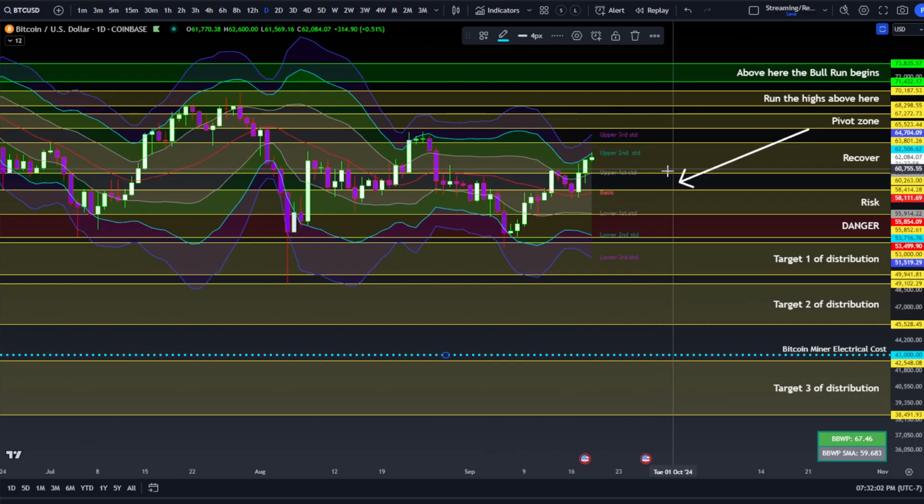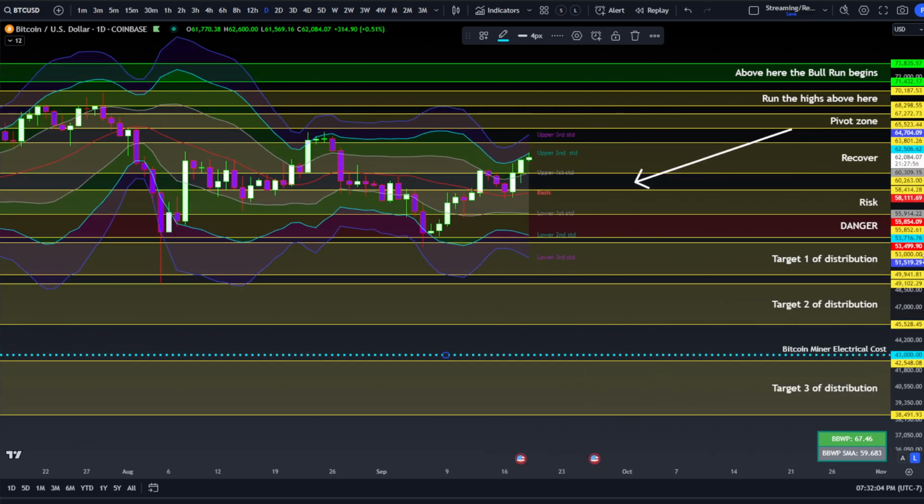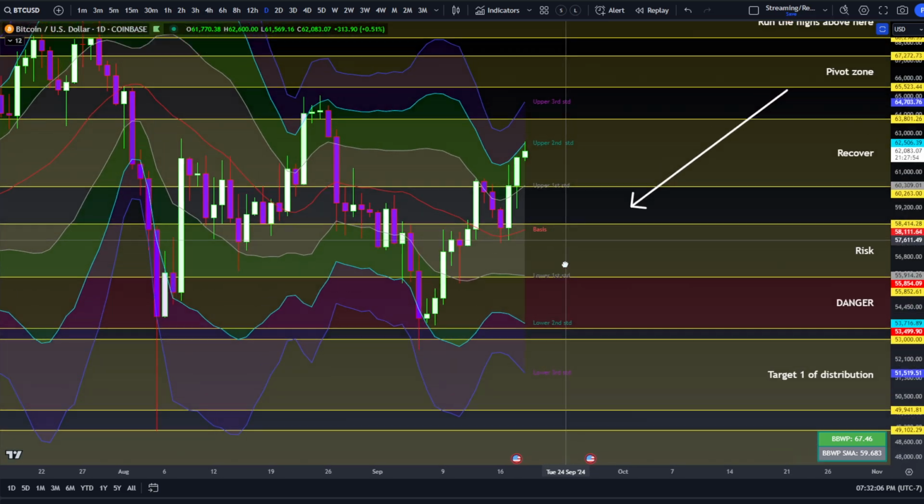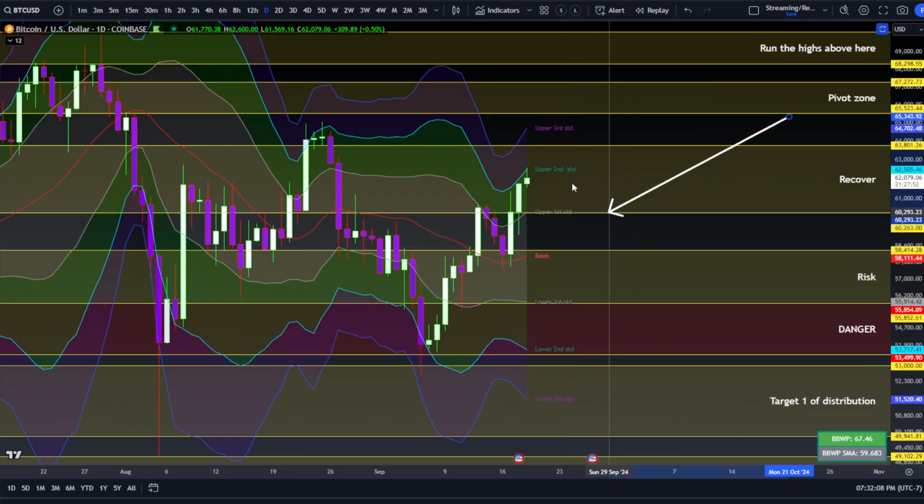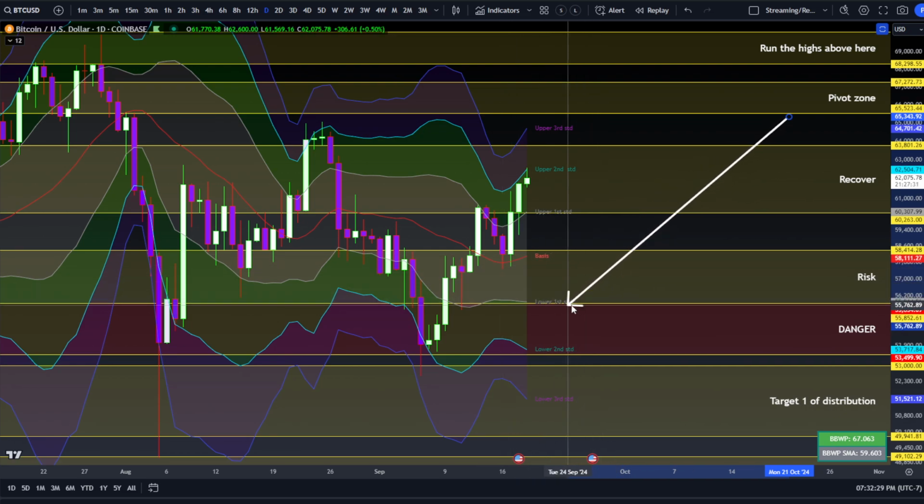And let's go ahead and stop with the innuendo and look at this Bollinger Band set because it's pretty damn clean. Back below the upper first, which is the bottom side of the recovery zone, then we're essentially looking back to 58.4. This higher low at 57.5 is in danger at that point. We see the basis is right there to catch things, but if we got any closes below there and below the 57.5, we're looking for price to head down to the bottom side of the risk zone,